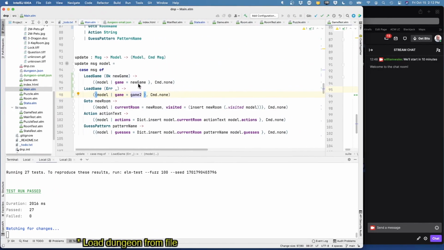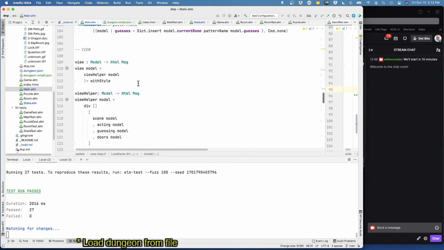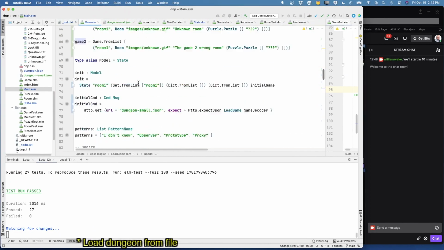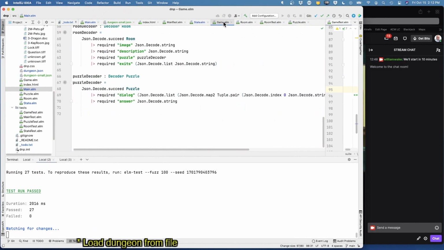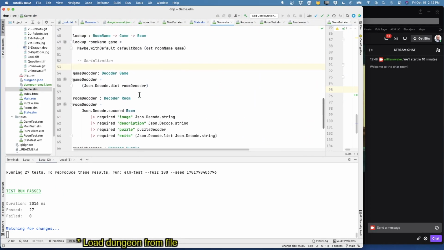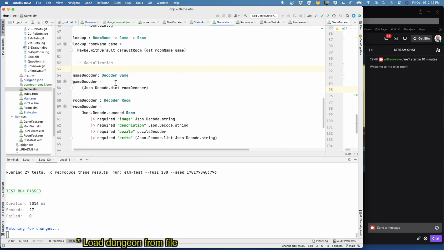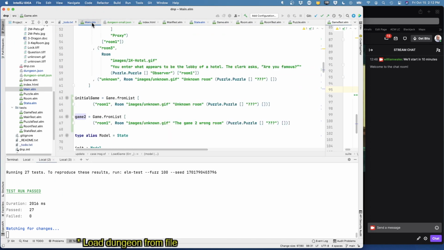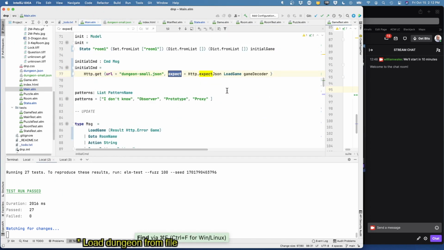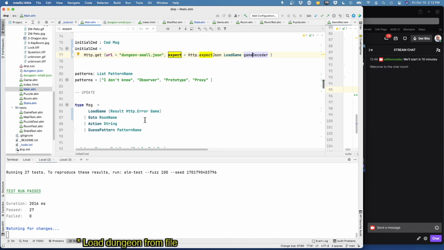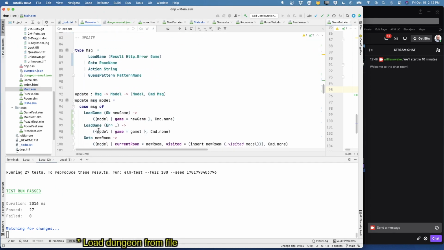Oh. Now I was thinking you might want to do that on the JSON load because that also had an error state. Okay, where's JSON? Right, that's what I was thinking. Maybe your JSON load had an error. At least we tried a little. Sorry, in the decoder or where we called it, I guess. Yeah. I think you had said something like, "Oh, we'll go back to that later and put some decent error message in." All right. So expect JSON load game decoder. If it comes back with an error,